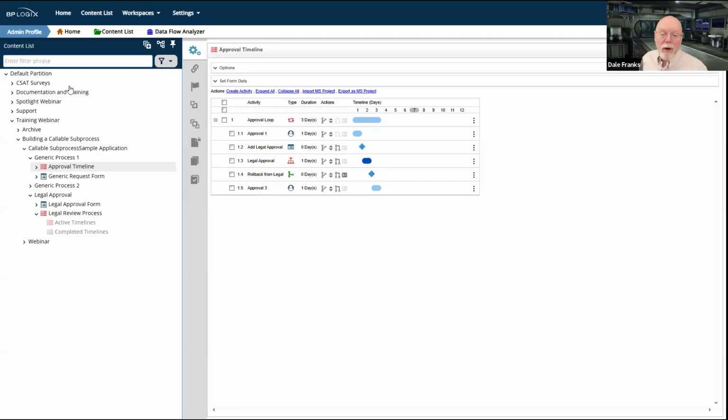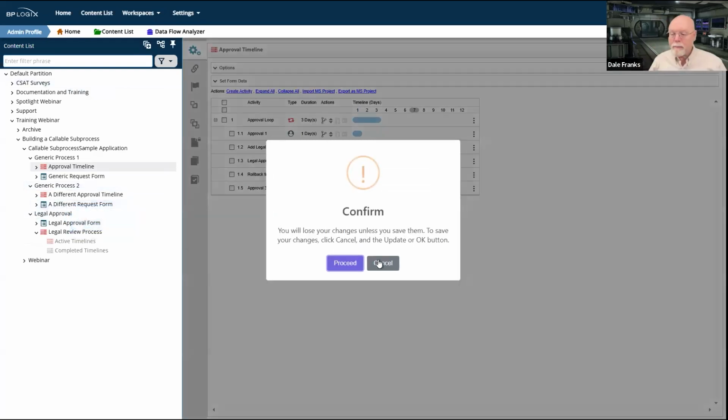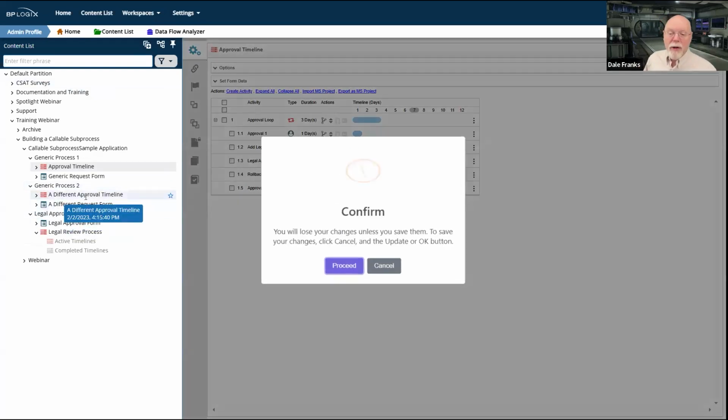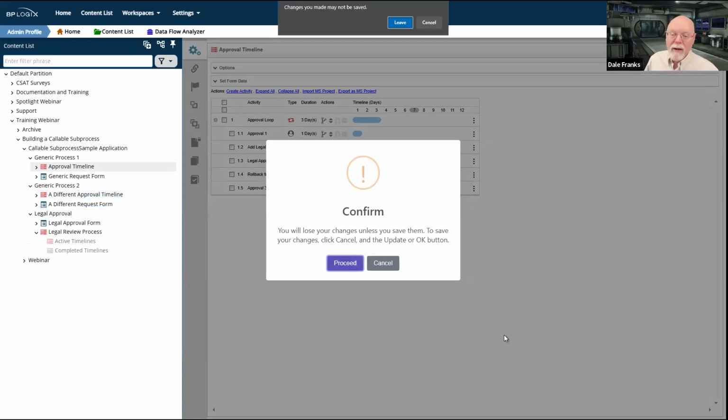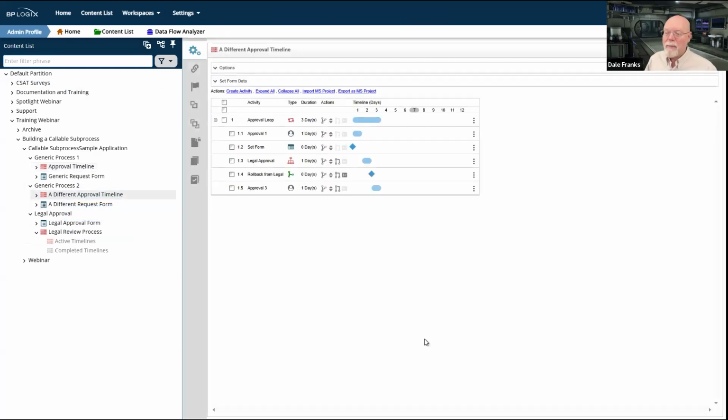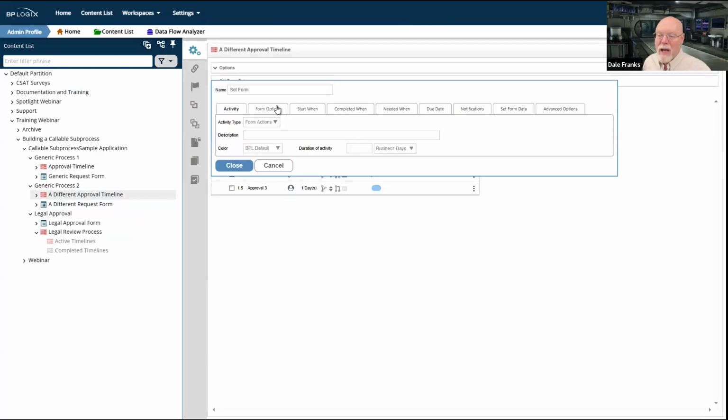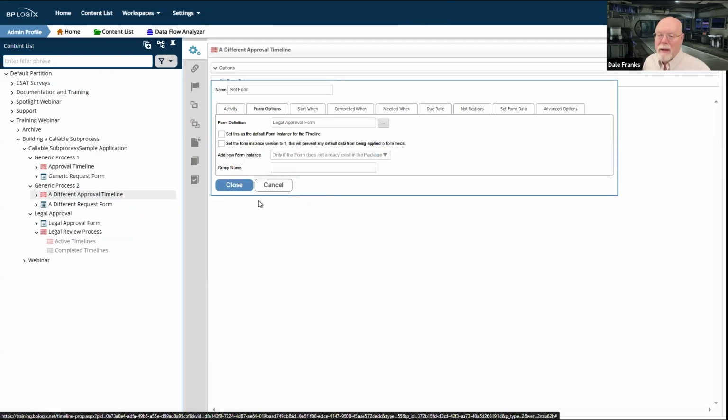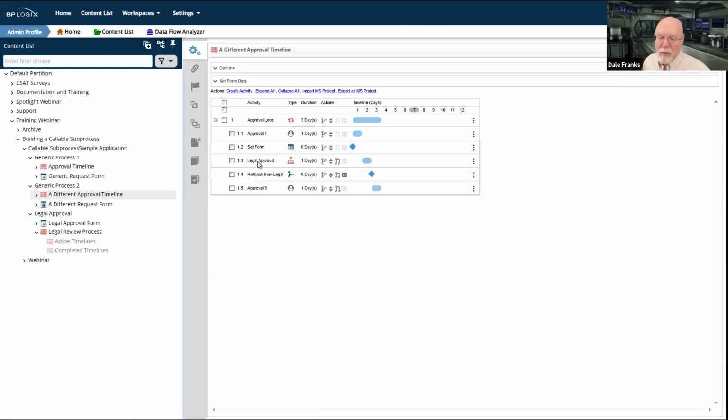So I have something similar here in generic process 2. In this one, I have a different request form and a different approval timeline. So we'll look at the different approval timeline. And as you can see, it's pretty much exactly the same process for calling that legal approval. I'm going to run the form actions activity to add the legal approval form to the parent timeline, so it has a new instance.